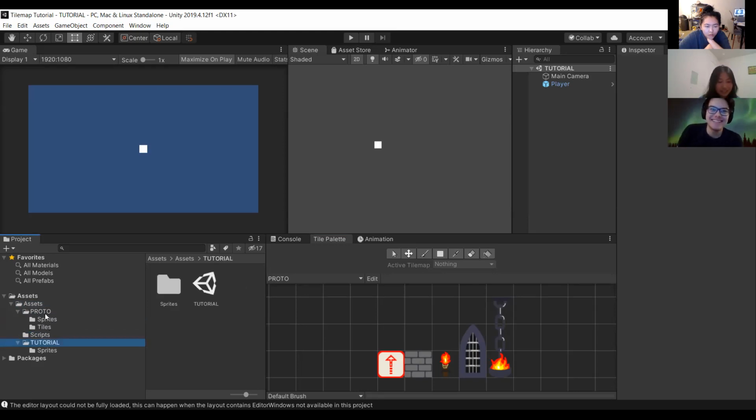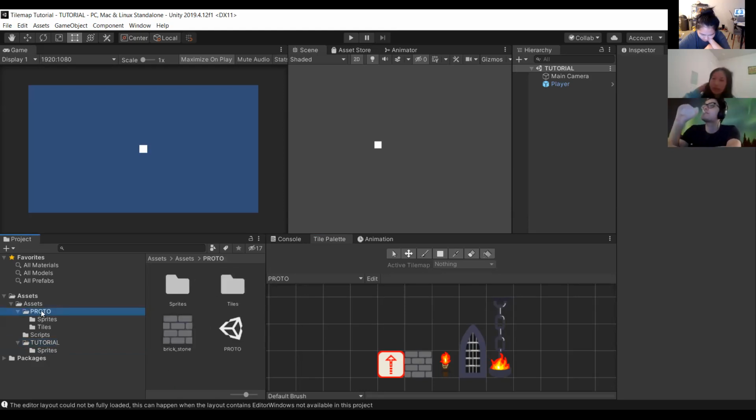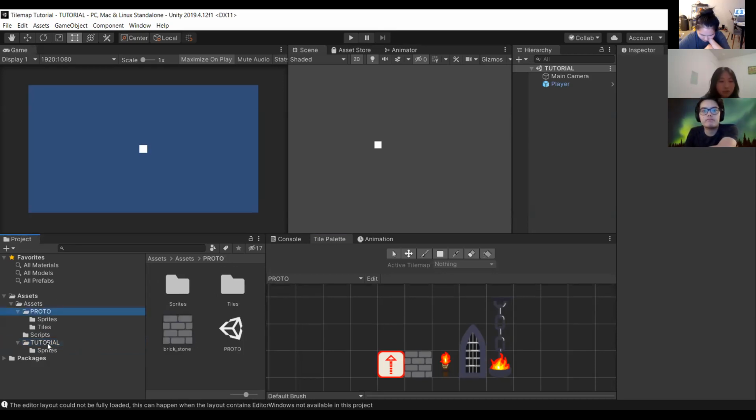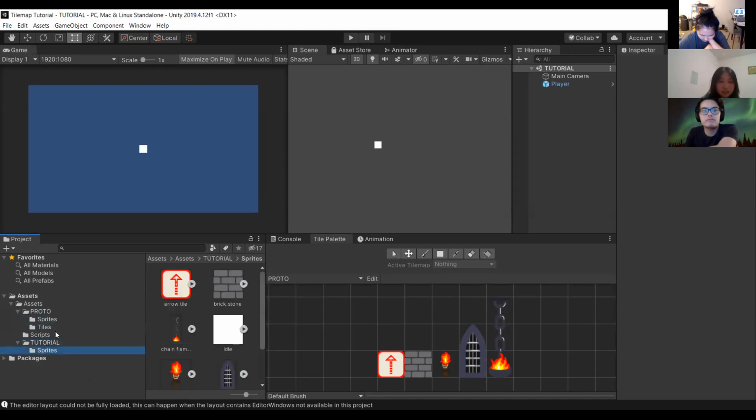There's no scenes folder. It's split into proto and tutorial because they're essentially operating autonomously, so I don't want them to be conflated with each other at all. Essentially, the proto scene is for you guys to look at and reference, but the tutorial scene is what we're actually going to be working in, if that makes sense. I'll give it until 6:11 for Unity to open up, and then I'll probably start. But you should see a proto folder, a tutorial folder, and then they should contain sprites, tiles, and a scene each.